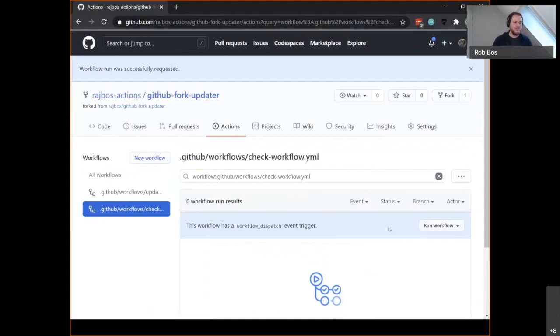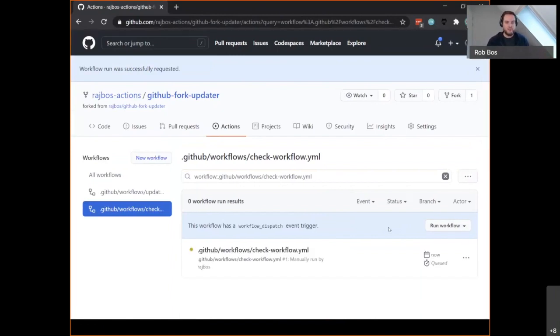What's happening now is that this workflow is starting. We'll go through all the repositories in this organization, check if there are forks, and if so, check if the parent repository has any incoming changes, and if so, it will create issues for those incoming changes. Then I need to do one more thing,